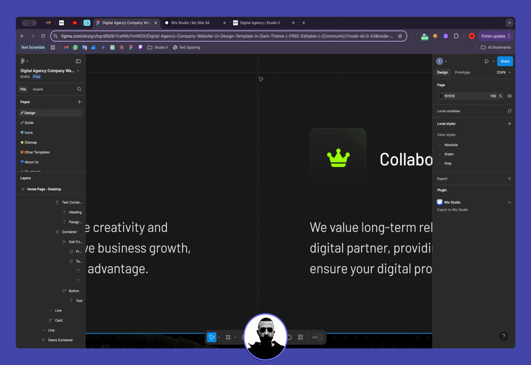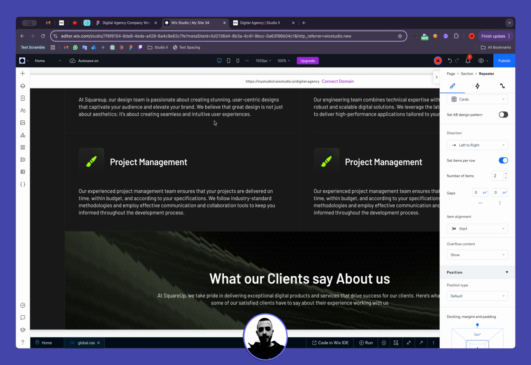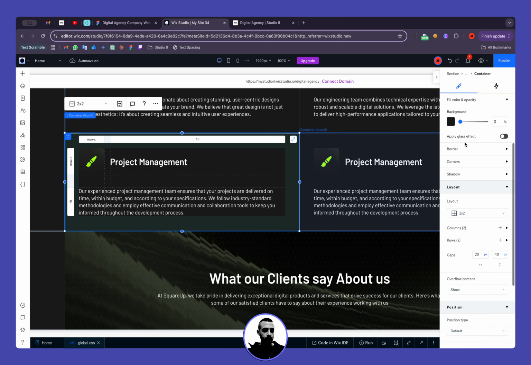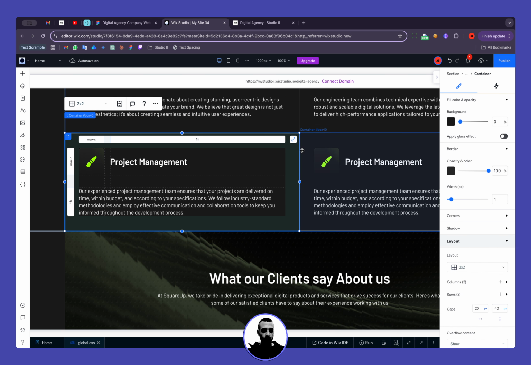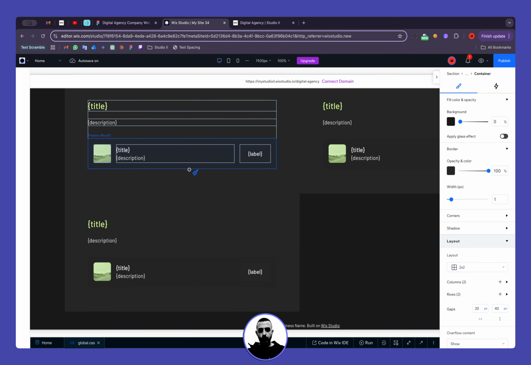If you remember this border, I need to have it for this container also. So I can go to this container. You can see that it has its own border, and I can copy element design from all breakpoint and paste